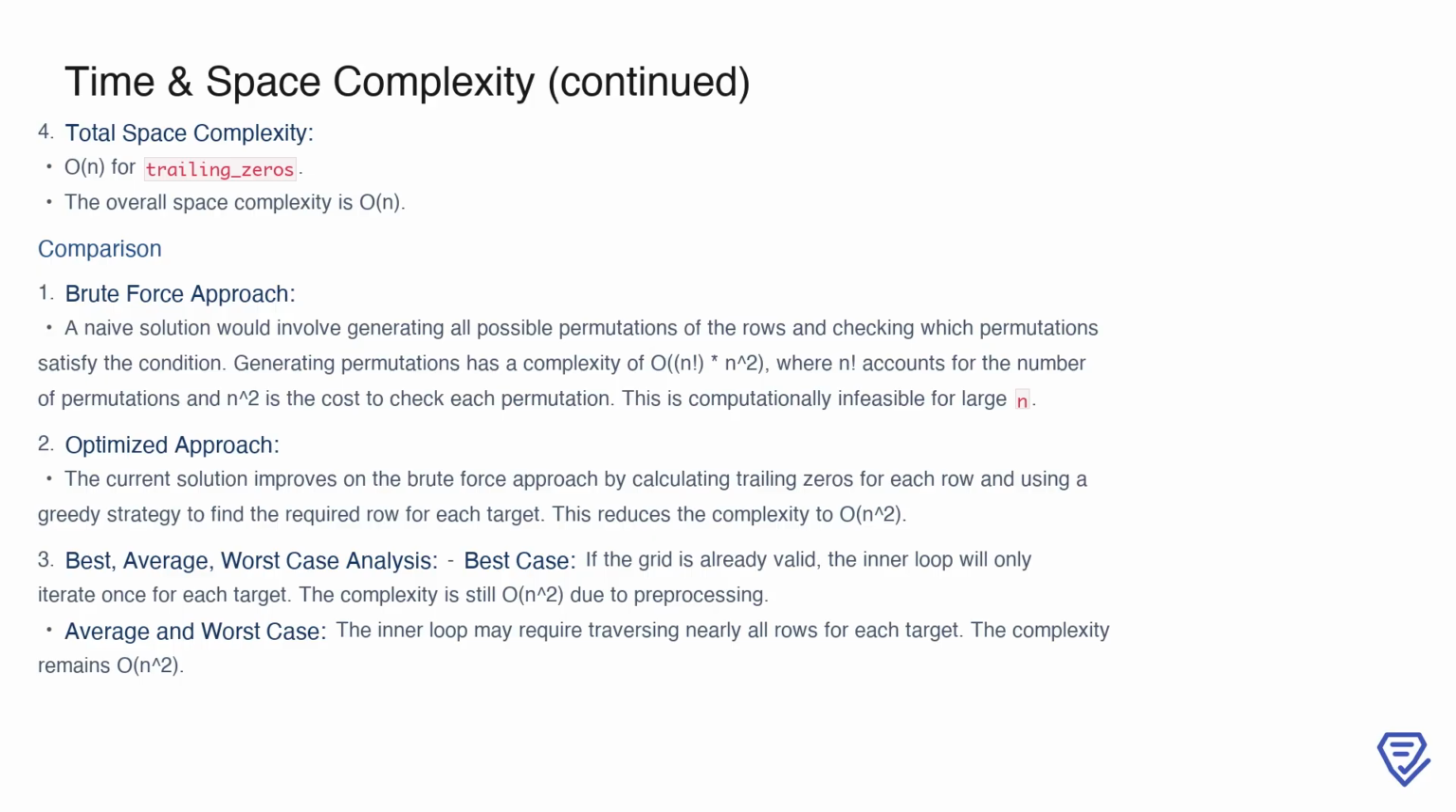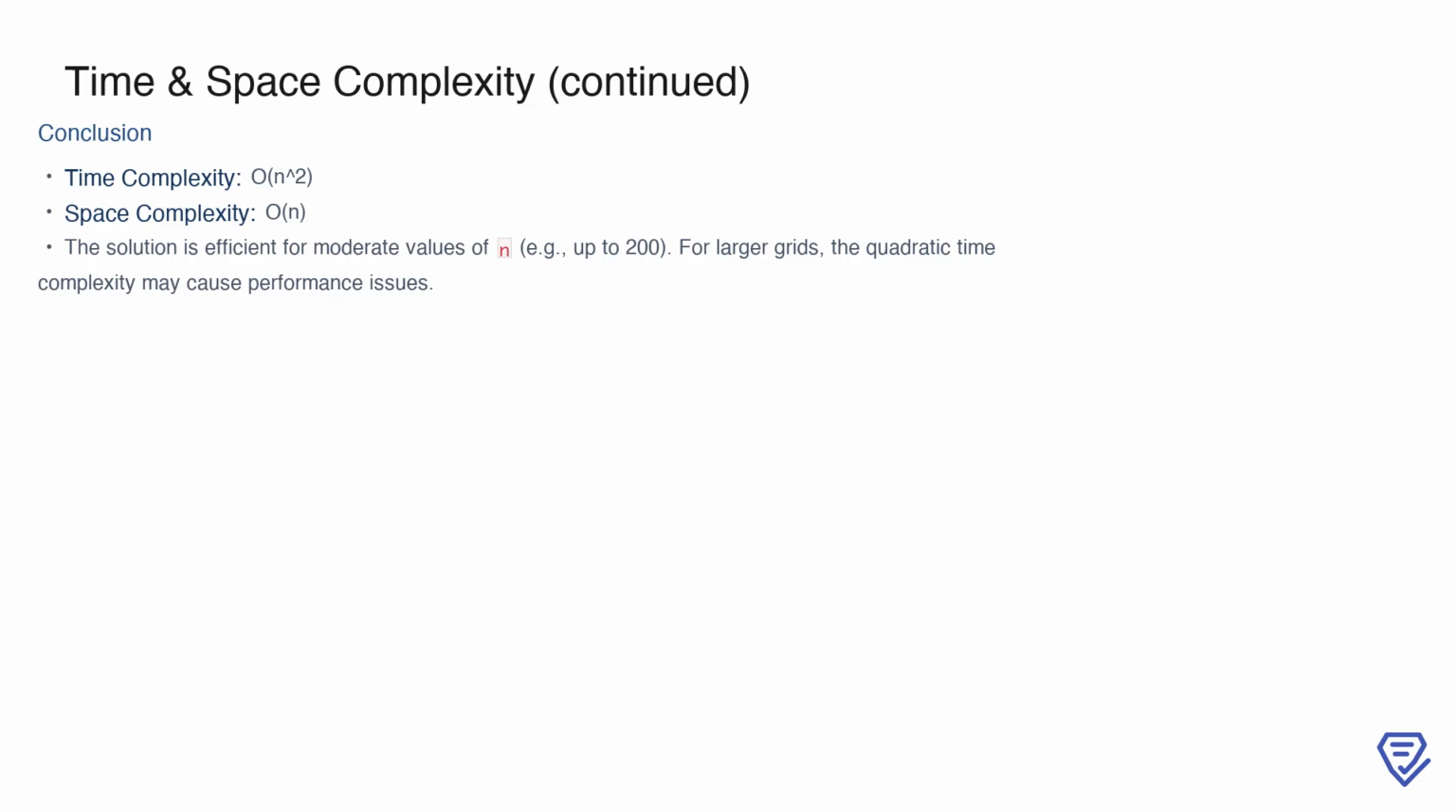In contrast, our optimized approach avoids this explosion in complexity by using a greedy strategy to select rows based on their trailing zeros, reducing the complexity to O(n squared). In conclusion, the time complexity of this solution is O(n squared), and the space complexity is O(n). While this approach is efficient for moderate values of n, such as up to 200, it may face performance challenges for very large grids due to the quadratic time complexity. Nonetheless, this optimized solution is significantly more practical than a brute force method, making it a robust choice for the